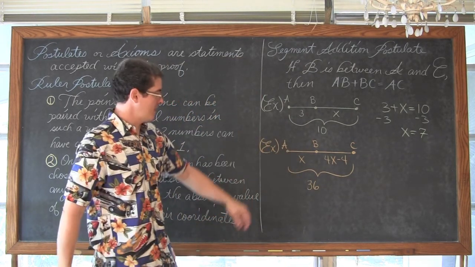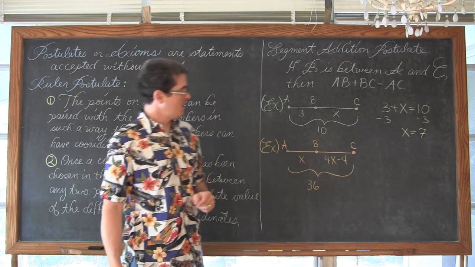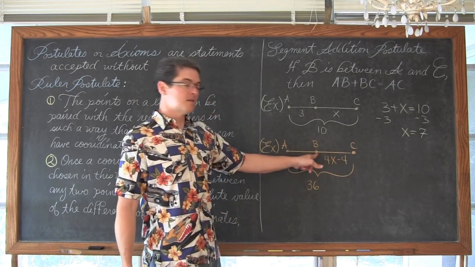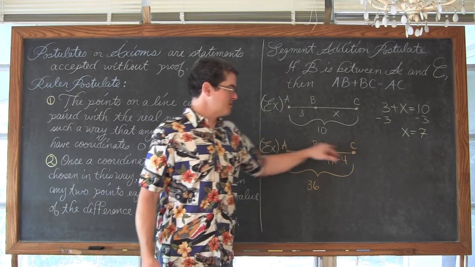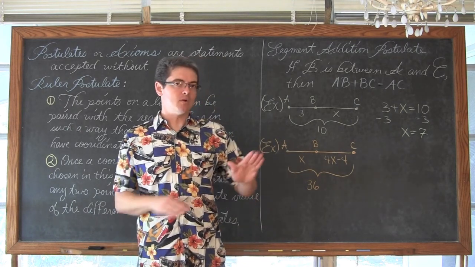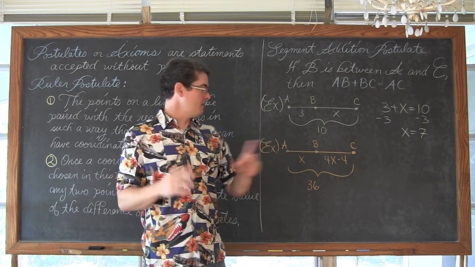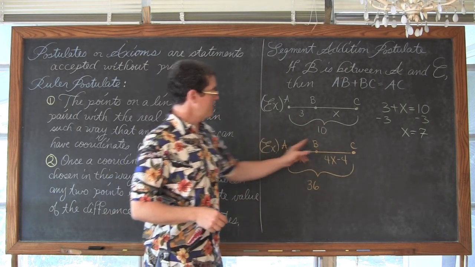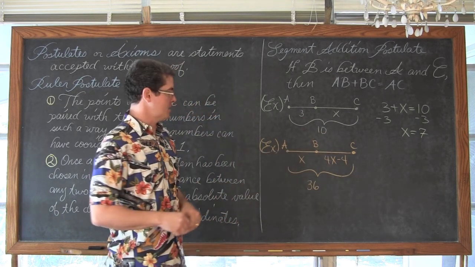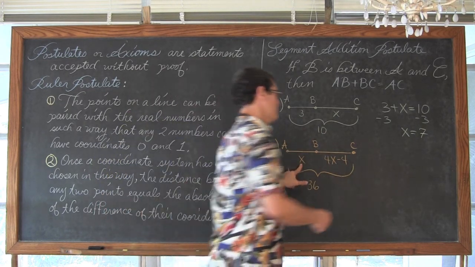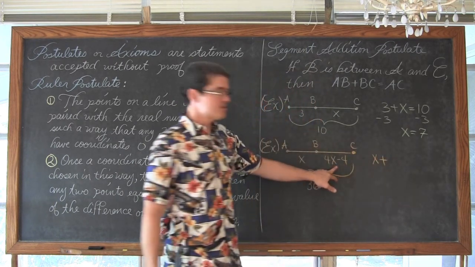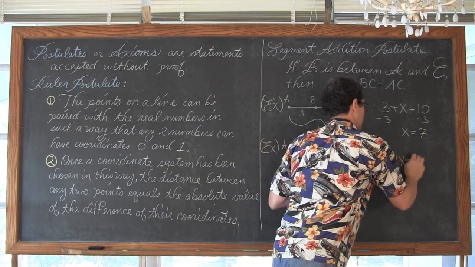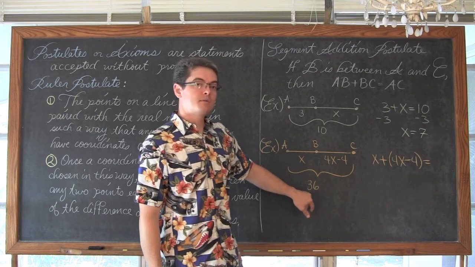With my second example here, I have a segment of x and another segment of 4x minus 4. These two segments are being laid down end to end and touching at point B. And of course, these have to be collinear points. We're not talking about this being bent. You're being given parts of an overall line segment, and lines are, of course, straight. So these two parts add up to a total length of 36. So this first segment AB, which is x, plus this segment here of 4x minus 4 is equal to 36.